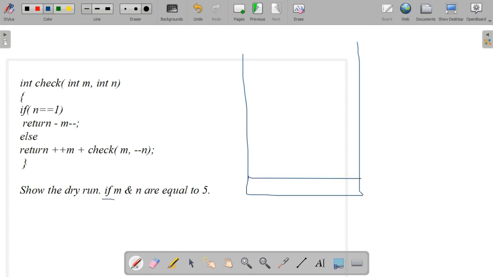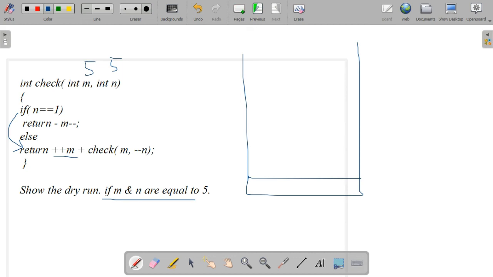Adding the first frame. In this first frame, M and N are equal to 5. So we can consider both M and N equal to 5. So int M equal to 5, int N equal to 5. So the condition N equal to 1, no, the condition fails, so it comes to the else part.